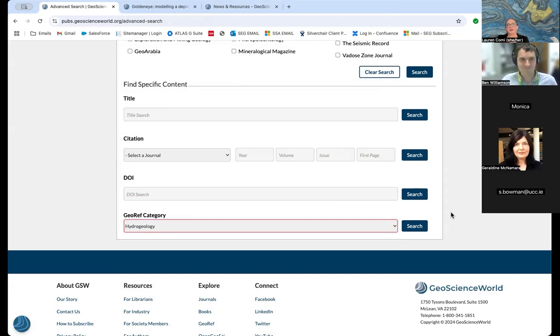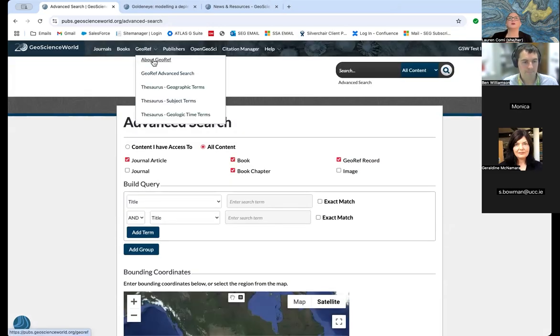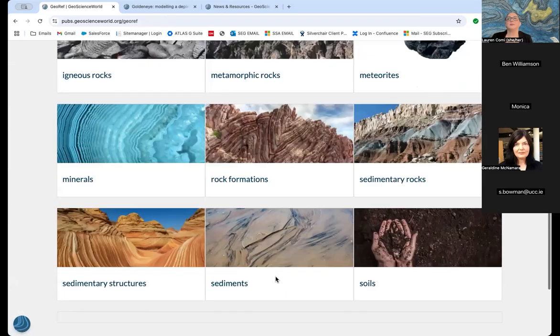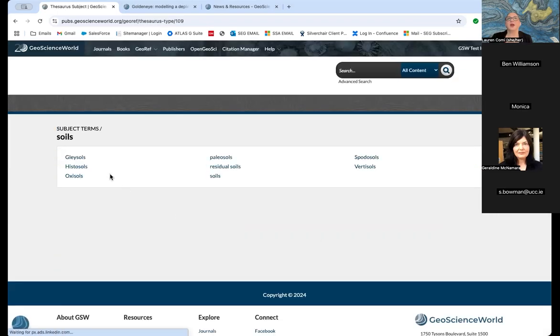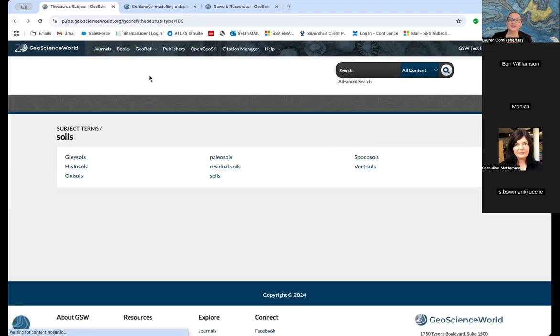Yes, absolutely. I think it's going to be the best way for somebody who really knows what they're doing to get to exactly the content that they're looking for very, very quickly. Yeah. And then, of course, obviously the broader, right? You can do the broader when you just want to look at these very broad terms and go from there, and then they just keep going and going to the depth that you need. Literally, I picked soils when I said depth, but anyway,